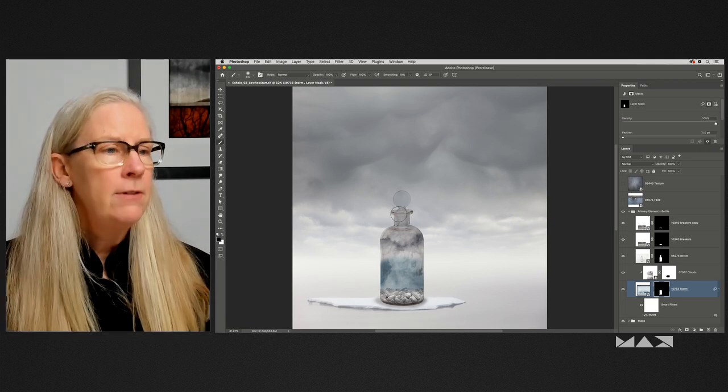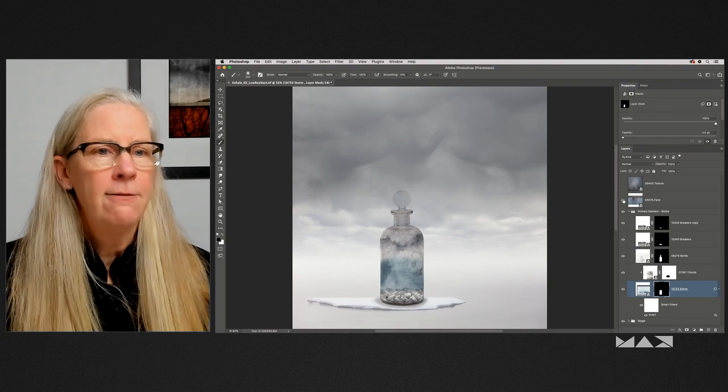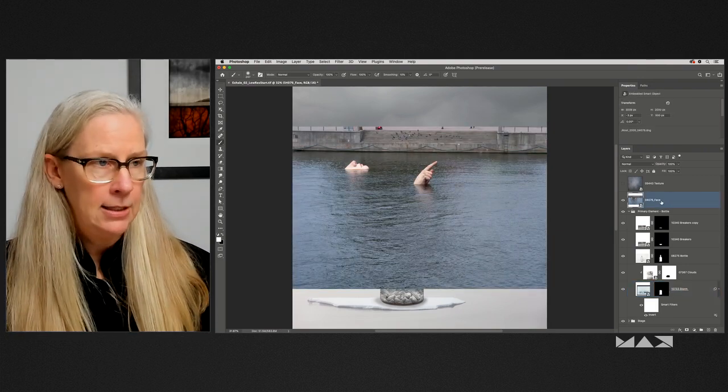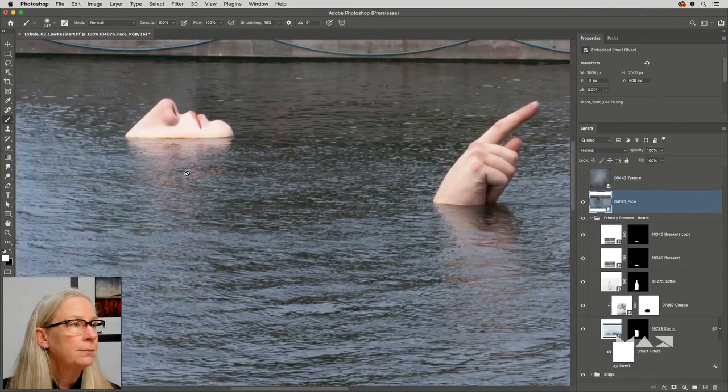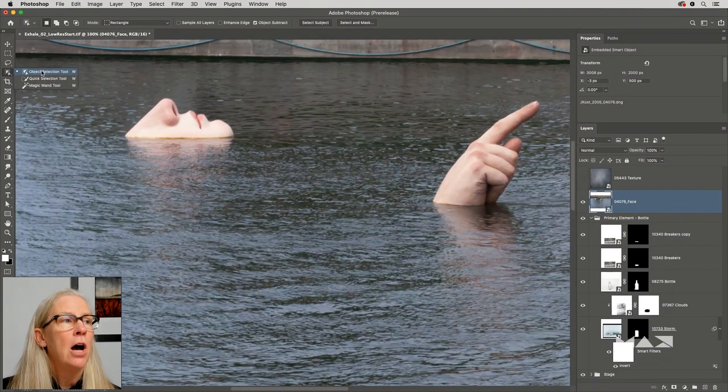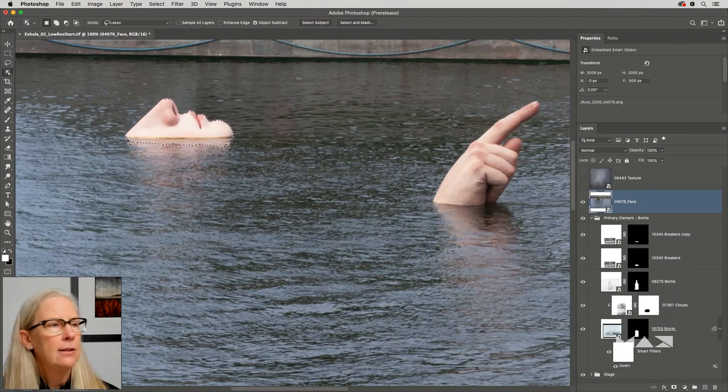Okay, so moving on quickly, we need to add the face image. So let's go ahead and target that. This is our secondary element. I'll zoom into 100%, and I'll return back to the object selection tool. This time I'm just going to use the lasso because I'm giving it a little bit of help, because otherwise it's going to try to select this area down here. Oh, and it did it anyway, so that's okay.